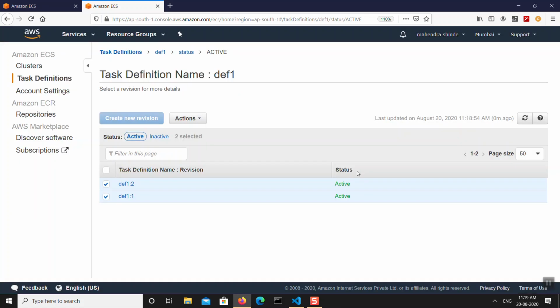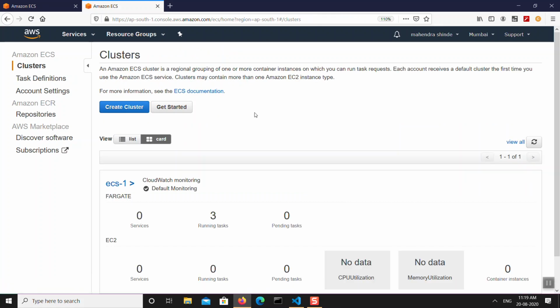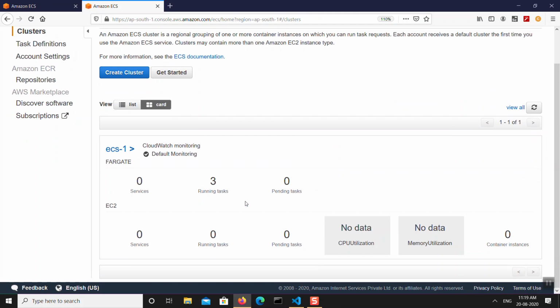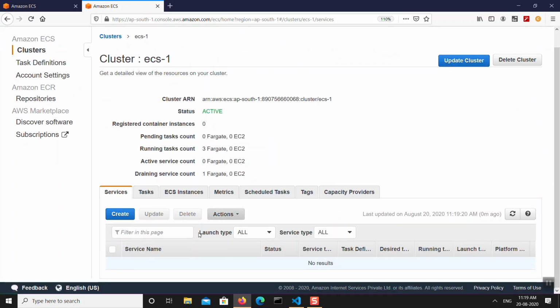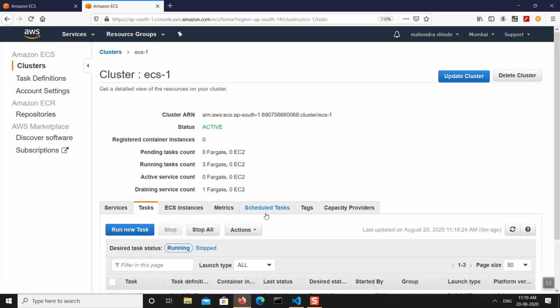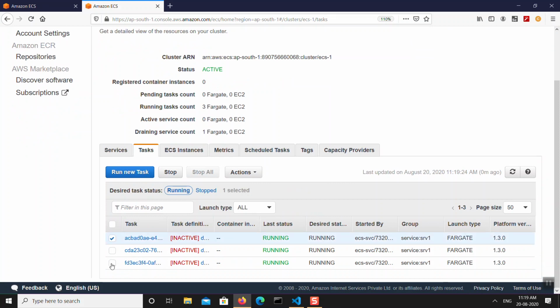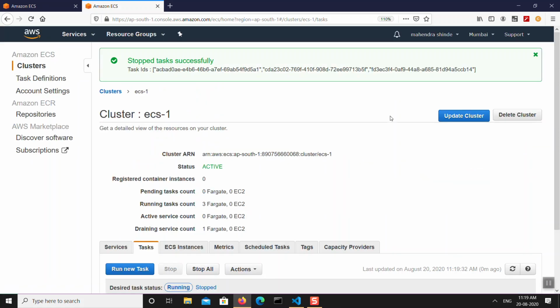Deregister, deregister. Okay, so task definitions are deregistered now, and you will have to wait for the running task count to go to 0. There are still 3 tasks running over there. I can manually stop them, by the way. They are all inactive. I'll go and manually stop them now. Stop all those instances. Now there are no tasks running. Now my cluster is ready to be deleted.